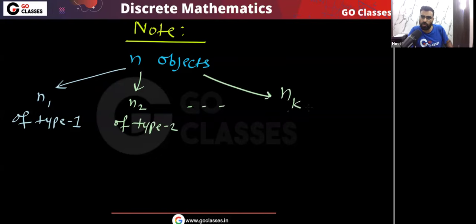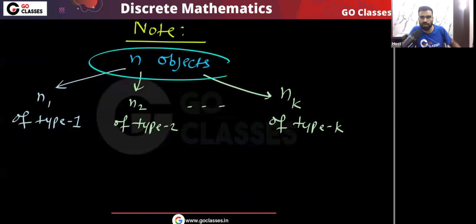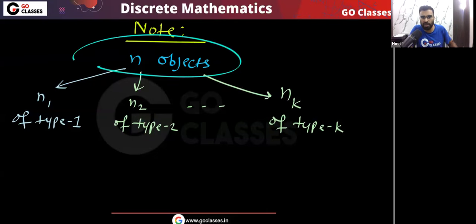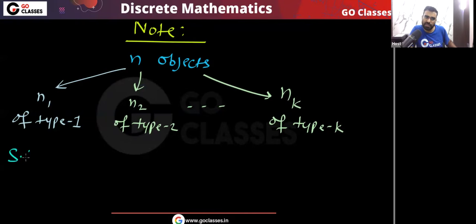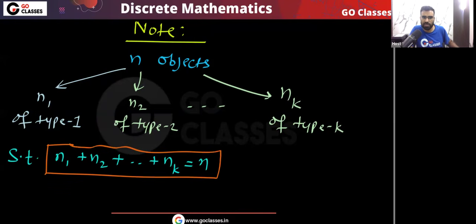There are total nk copies of type k, but there is a condition here: n1 plus n2 plus nk should be equal to the total n, because there are total n objects. This should happen.